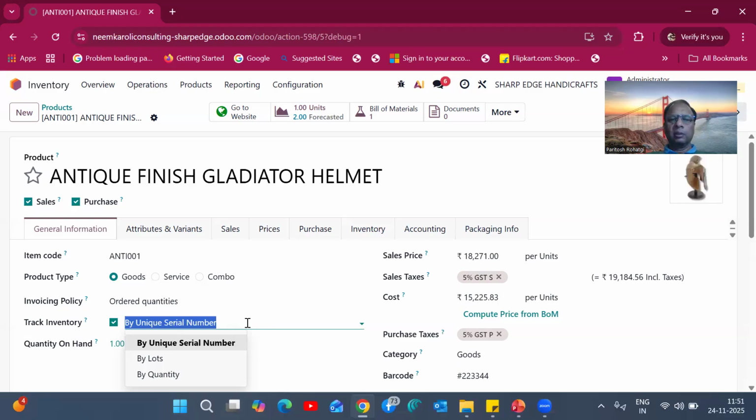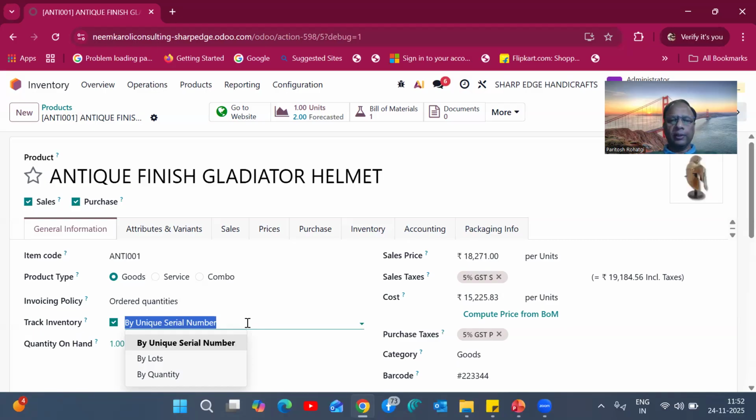Similarly, air conditioners, washing machines. These are products which we track through their unique serial number, and we have a warranty, like 1 year warranty, 2 years warranty,